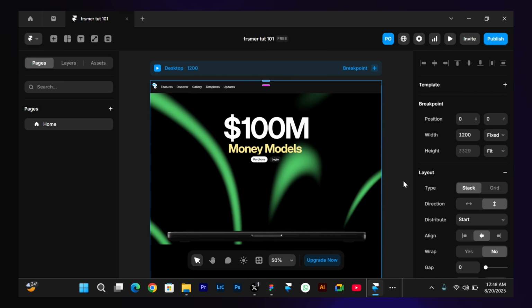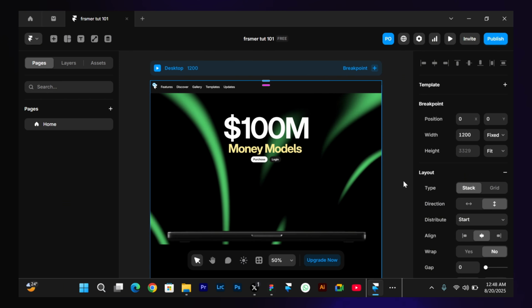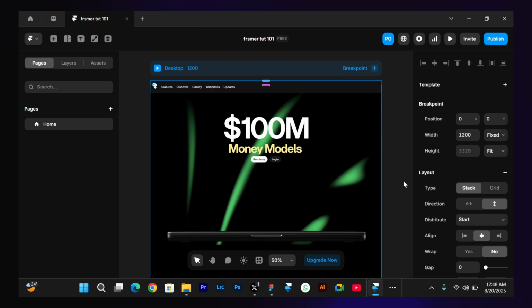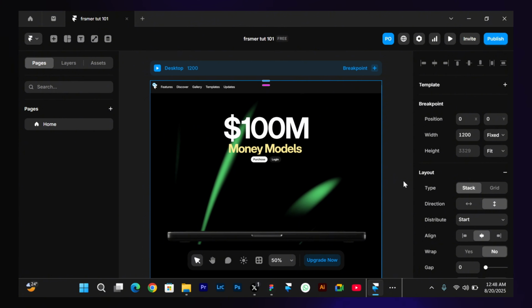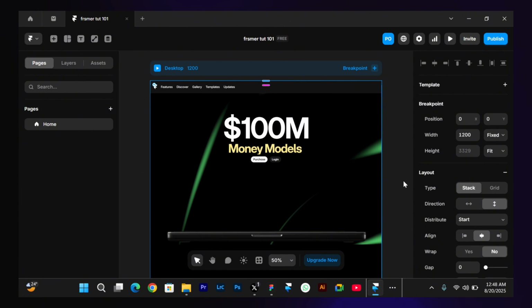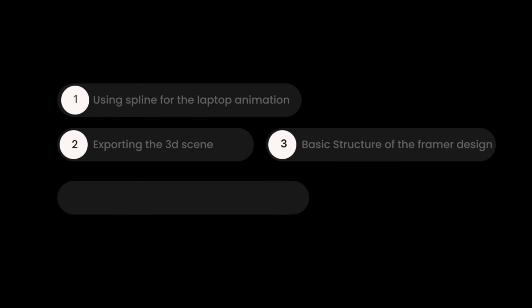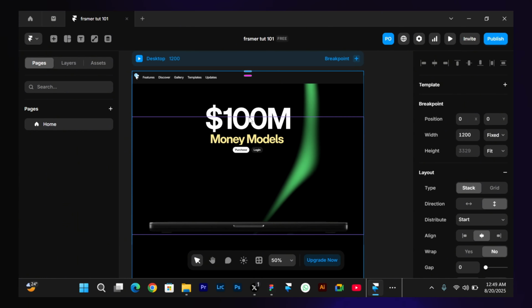Now we have converted the laptop animation from Spline into image sequences. Let's now import them into Framer to play as one animation. But how are you going to do that? So it's a very easy process, but before that, let me walk you through my basic structure of what I have here. You can see we have this plain text, this is a group text,